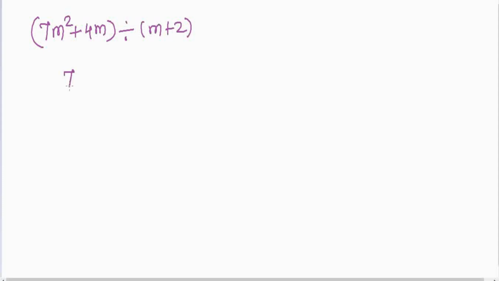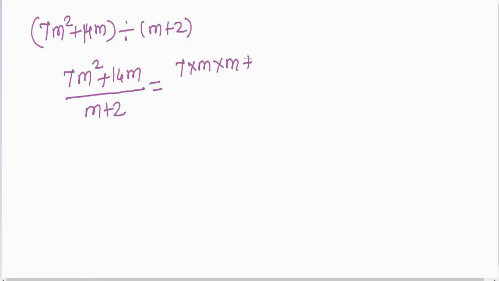It is like 7m square plus 14m divided by m plus 2. This is 7 into m into m plus 7 into 2 into m, divided by m plus 2, equal to